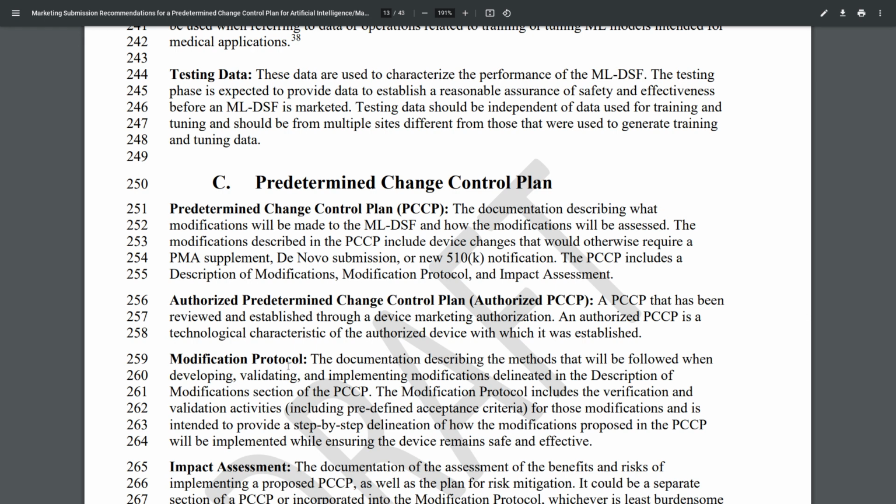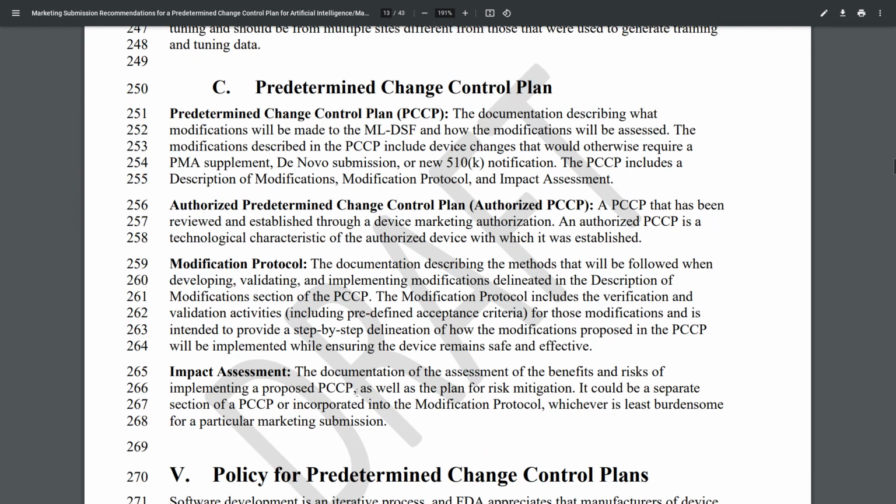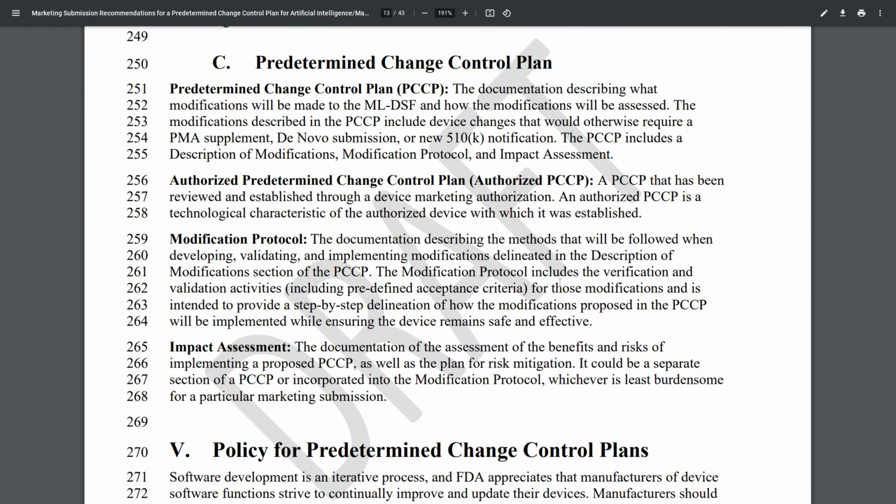Modification protocol. The documentation describing the methods that will be followed when developing, validating, and implementing modifications delineated in the description of modifications section of the PCCP. The modification protocol includes the verification and validation activities, including predefined acceptance criteria for those modifications, and is intended to provide a step-by-step delineation of how the modifications proposed in the PCCP will be implemented while ensuring the device remains safe and effective.